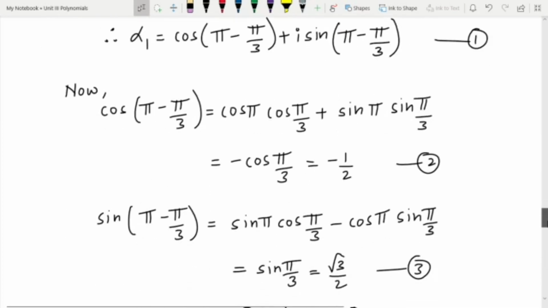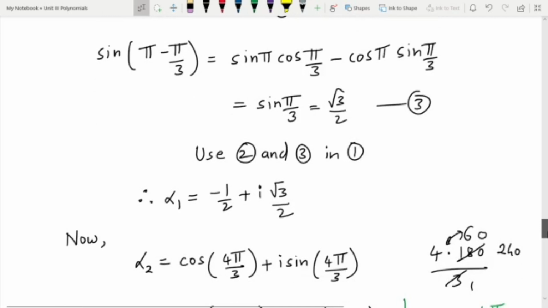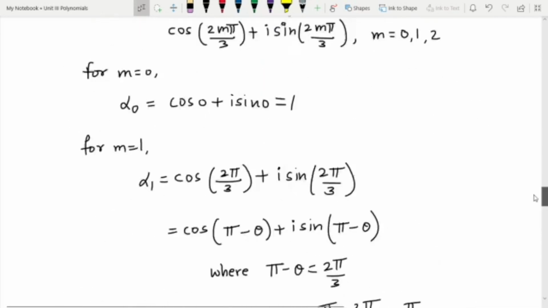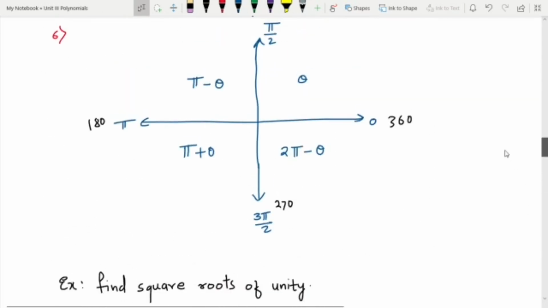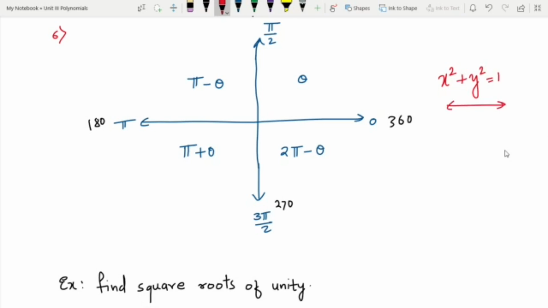And remember that these roots of unity have a geometrical meaning also. All these roots are lying on the circle x square plus y square is equal to 1. You can verify that, as I have already told you in the prerequisite, how to represent a complex number in a complex plane. This is a circle centered at origin, with radius 1. So all our roots are going to lie on this circle. You can check this for nth roots of unity.